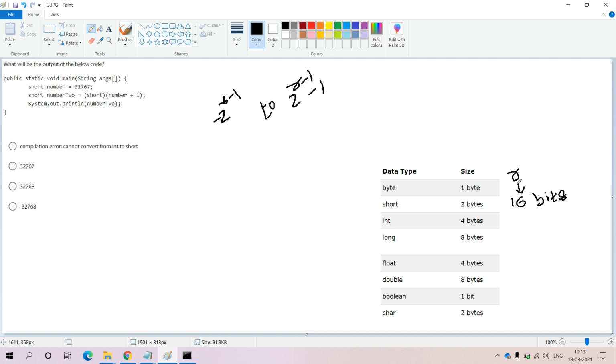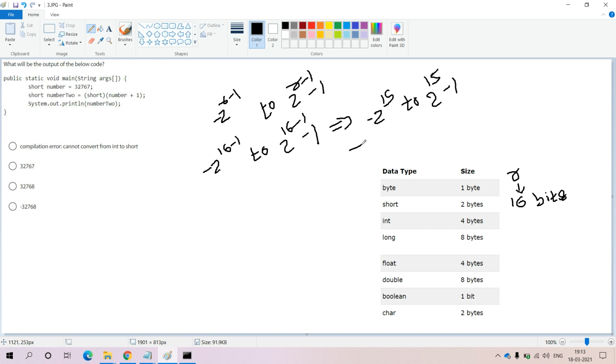If we replace r with 16, minus 2 power 16 minus 1 to 2 power 16 minus 1 minus 1 is equivalent to minus 2 power 15 to 2 power 15 minus 1.